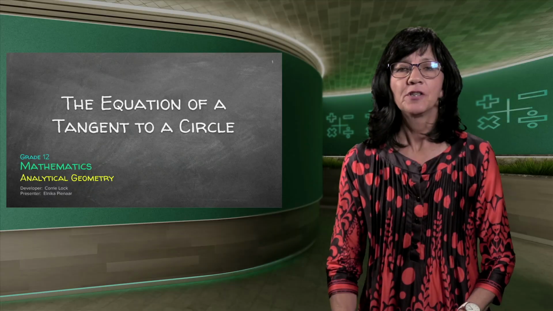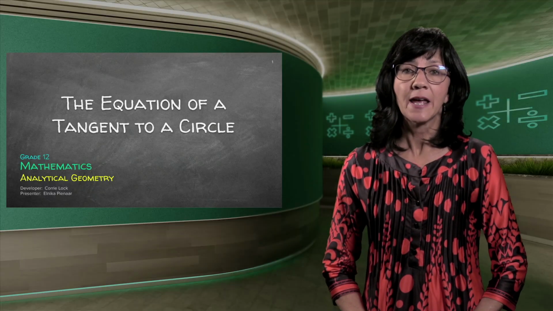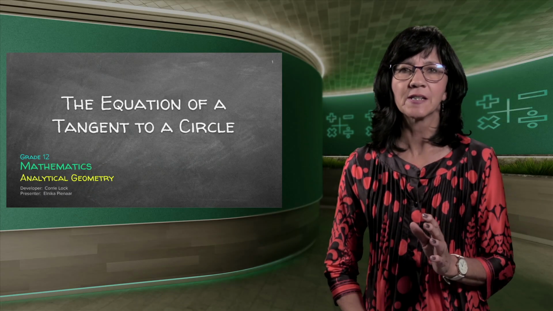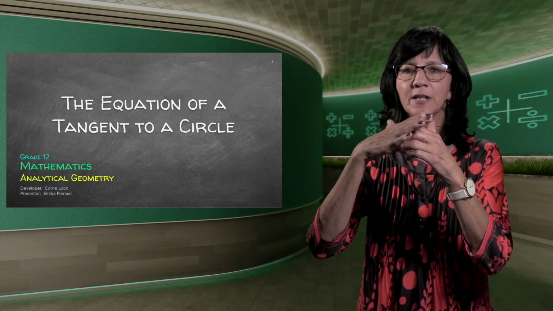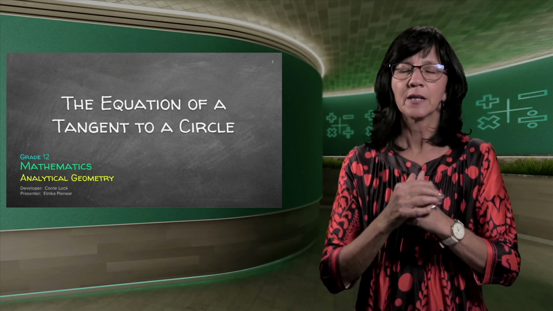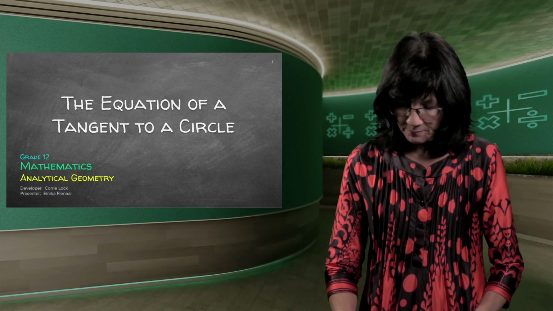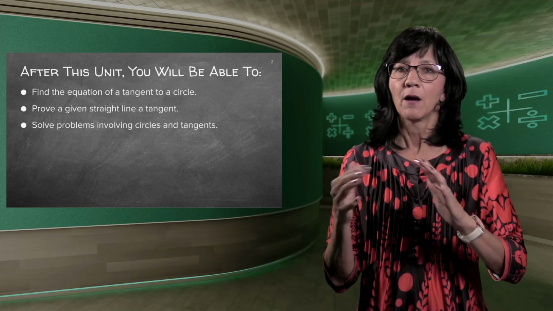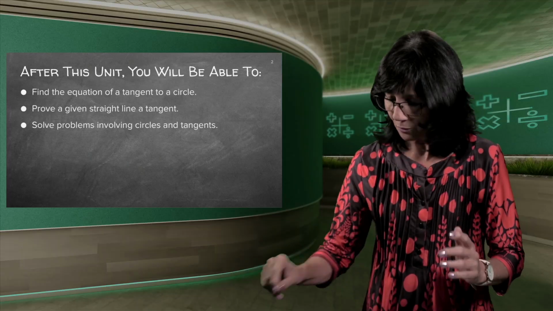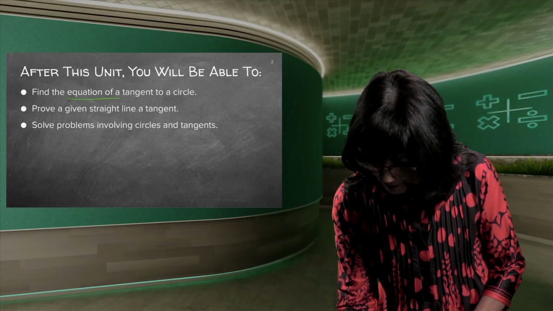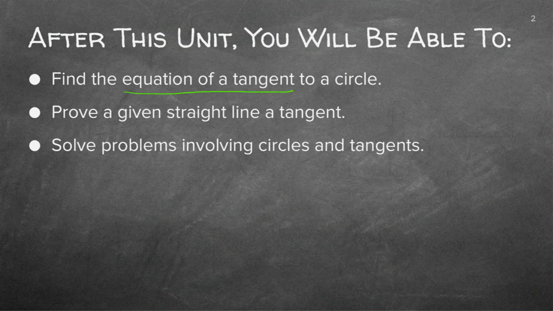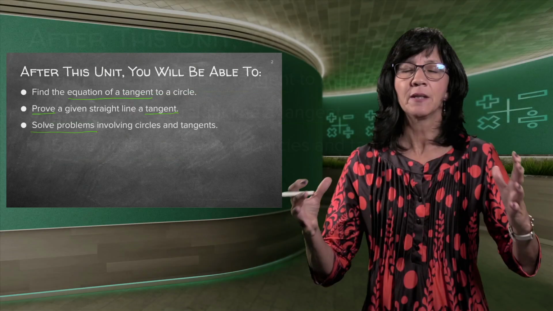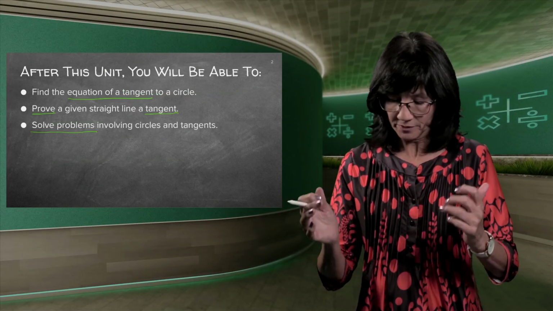Hi guys, today we're going to look at the equation of a tangent to a circle. Now if you can recall in a previous lesson, we had a circle and a line only touching on the one point. So we'll get into detail how we're going to do that. But just first to make sure that you understand what you'll be able to do afterwards, after we've done all the lessons, you'll be able to find the equation of a tangent. You'll be able to prove that it is a tangent, and you'll be able to solve problems. So that is basically what you're in the end going to be able to do with the information we're giving you.